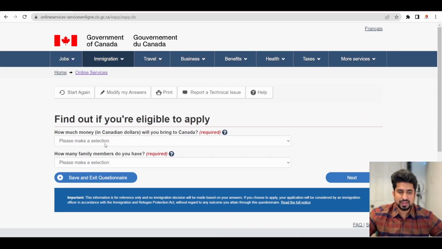How much money in Canadian dollars will you bring to Canada? As I told you, there is a fund requirement for federal skilled worker. For one candidate, it should be $13,310, and if you are accompanying with your family, then it will increase. You can find the chart on this website, and you can easily check how much money you need according to how many applicants you are accompanying with you. So we'll select